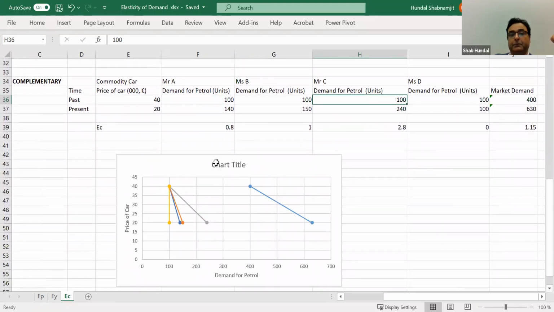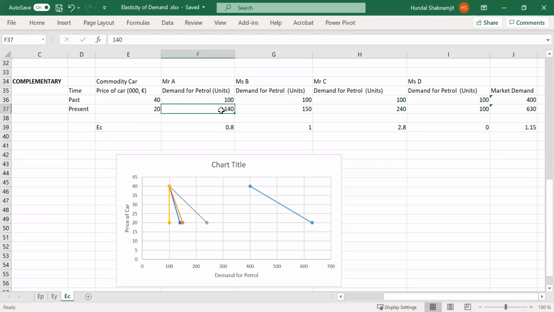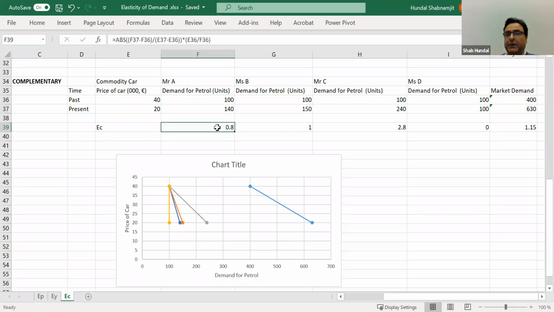I agree with you. The price of car falls, the demand for car increases. But when the demand for car increases, what will you do with the cars? You will drive them, won't you? But when you drive them more, then you need more petrol. Again, the reaction is different. This guy also buys more cars, but he doesn't start driving too much. So the reaction is positive, but not too much.